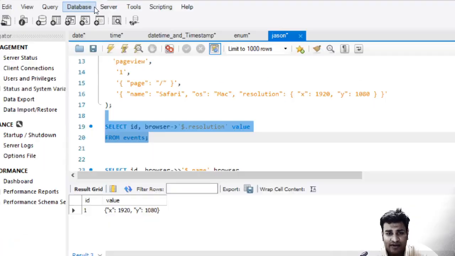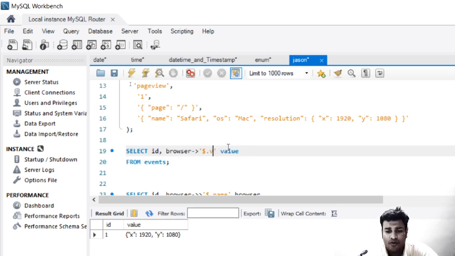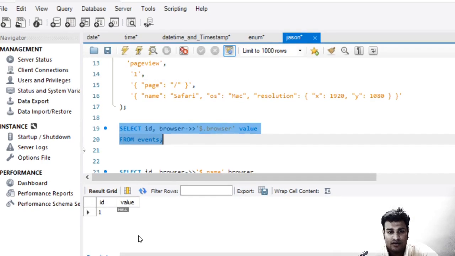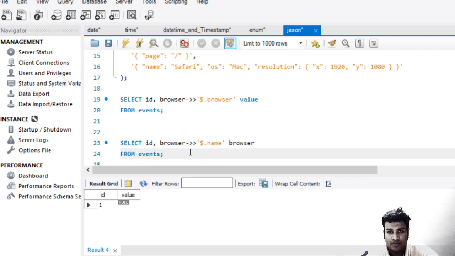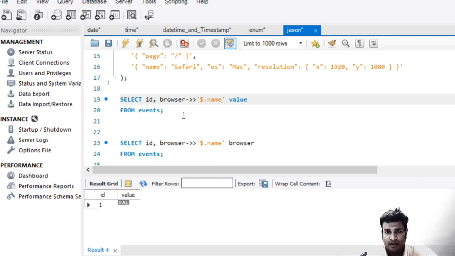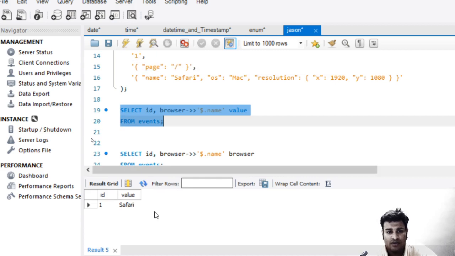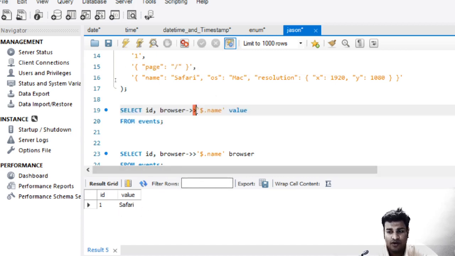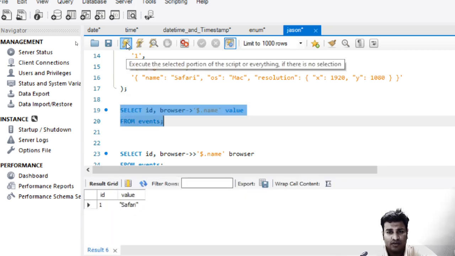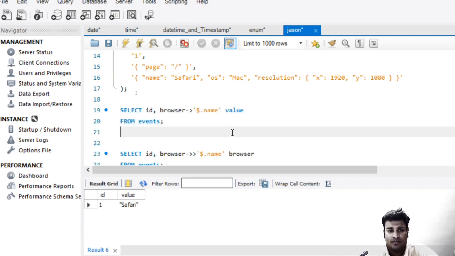You see over here that we have some double quotes, right? Now you want to remove the double quotes. So how will you remove them? Just use a double arrow and say run. It is giving a null because we are using browser. We should have used name, and say run. Now the double quotes are not there. If we remove this arrow, we will have double quotes. Correct?